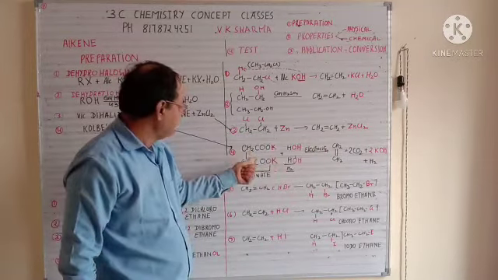Now same way, suppose we are adding HBr here. One H will go to this carbon, one Br will go to this carbon. So ultimately the double bond will be broken. You will get CH3, CH2Br in this form, and that is bromoethane. Instead of HBr, if you take HCl, one H will go here, one Cl will go here, so you will get chloroethane. Same way you take HI, one H will go at this end, one I will go to this end. That will give you CH3, CH2I, called iodoethane. So this is all your addition reaction on the double bond. The double bond undergoes addition reactions with these. So this is your concept.